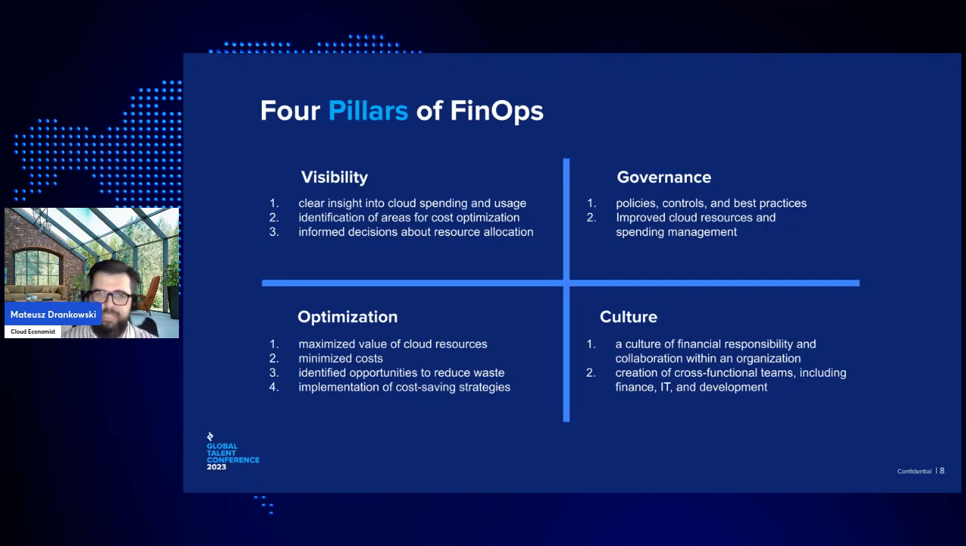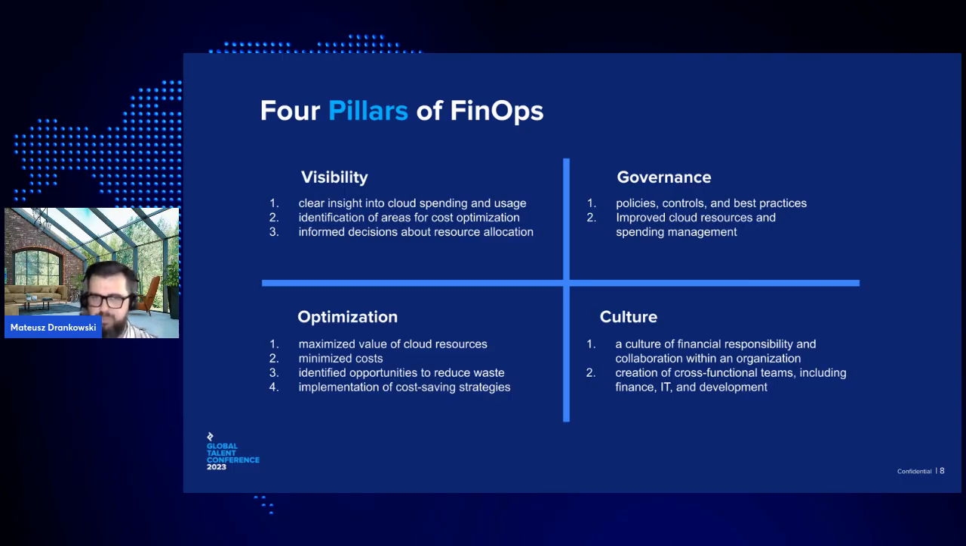So we can distinguish 4 fundamental pillars of FinOps. We start with visibility. In order to do anything about your cloud spend, you need to be able to gain insight into your cloud spend and usage. You also need to be able to identify what kind of resources you use, and define what resources are attributed to what teams, business units, individuals. You need to have visibility across the board about your cloud spend to be able to make informed decisions